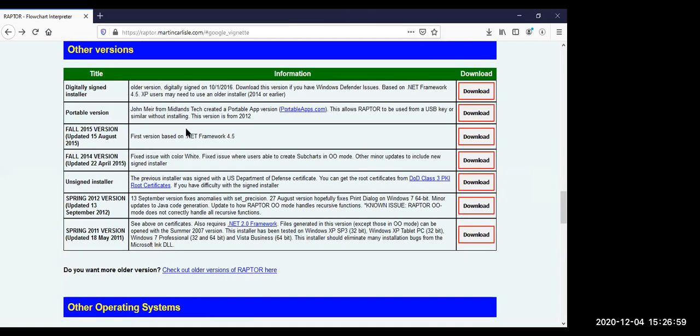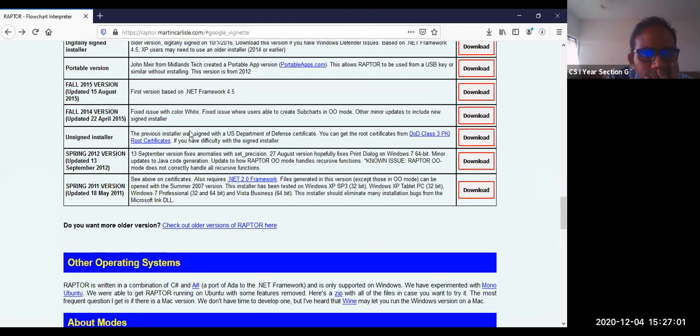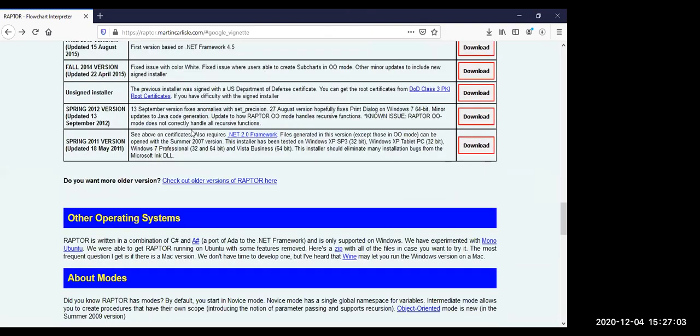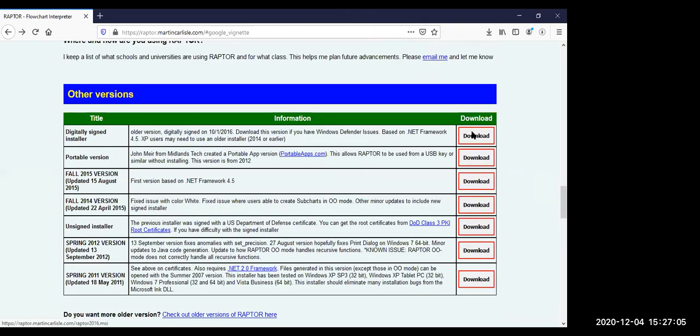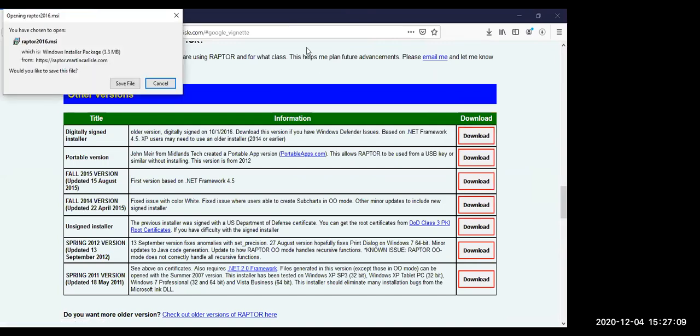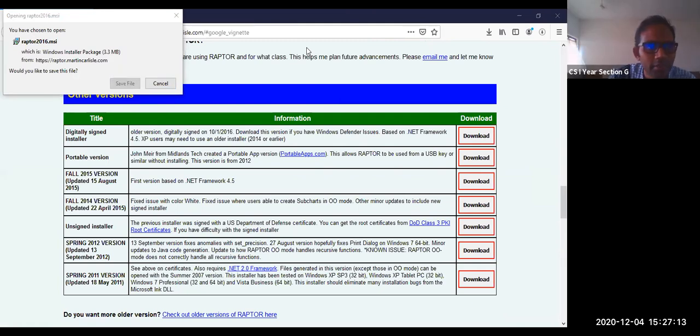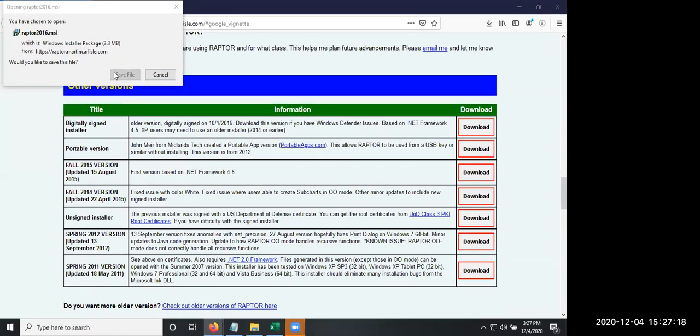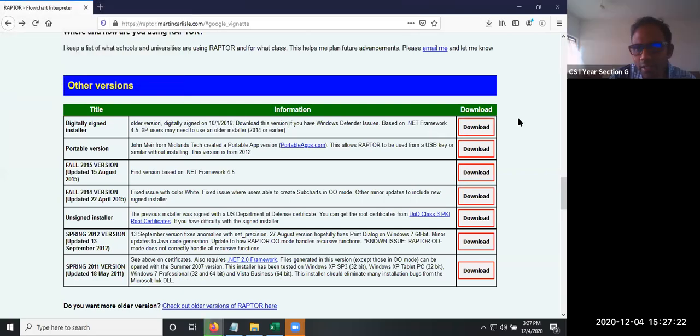Top one. Let us download the top one, digitally signed installer. It is based on .NET framework. So download it, then save the file. Click on the first download button.